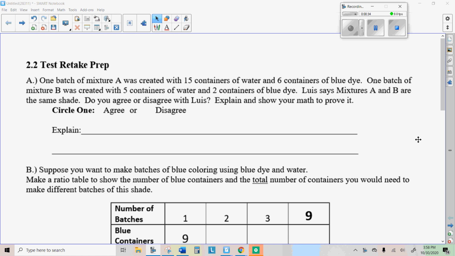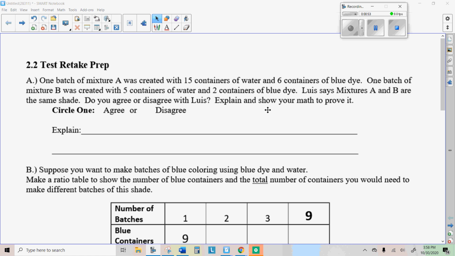So the first problem says one batch of mixture A was created with 15 containers of water and 6 containers of blue dye. One batch of mixture B was created with 5 containers of water and 2 containers of blue dye. Luis says mixtures A and B are the same shade. Do you agree or disagree with Luis? Explain or show your math to prove it. So if that's true,